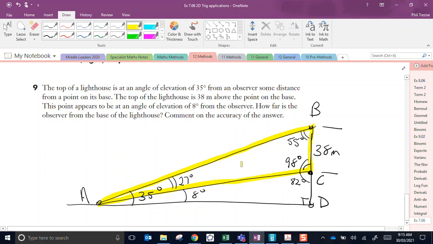Having those three angles plus the 38 edge means I could find the distance, let's call this one X. Wow, that's a bit silly, I shouldn't have called it X, because that's triangle ABC, I should call that edge B, shouldn't I? I could use the sine rule to calculate edge B because I have one edge and I have the other angles. Once I know edge B, I could then switch my attention to the green triangle,